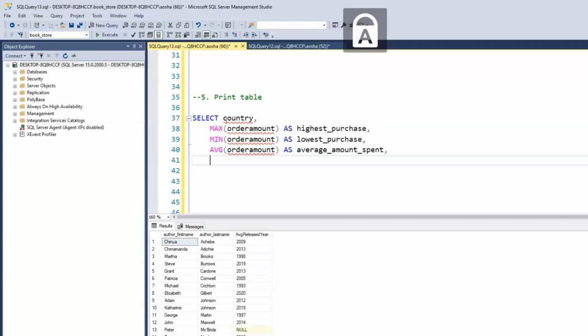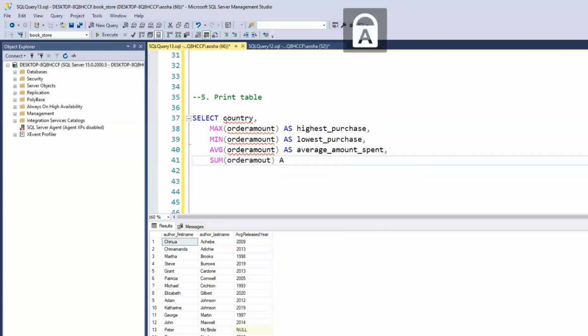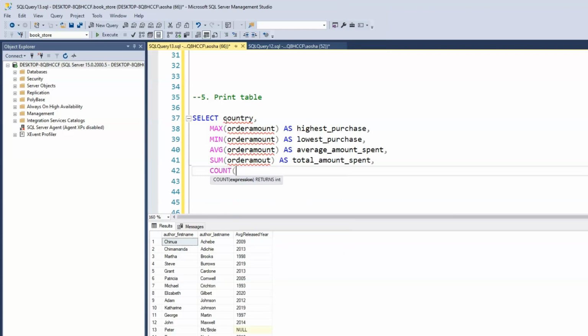And now we want the total amount, so the sum of the amount as total amount spent. And then we want the count of all the transactions, and as number of transactions,